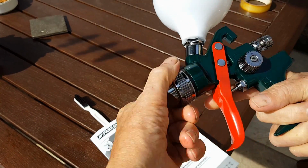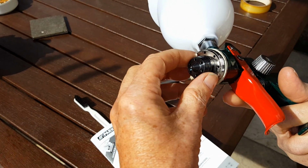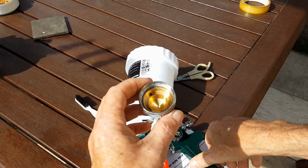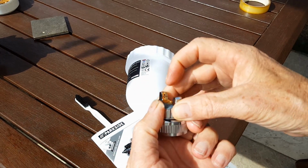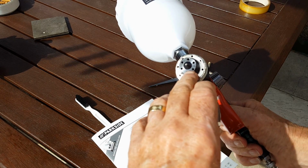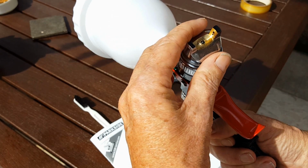Right, you've got all the other assembly bits as well, just to show you. Pretty standard. This is a pretty standard gun. These are the holes where the air comes out, which goes through. I don't know if you can see that. These two holes here, that then sends your jets out the side, the ones that I'm showing you. And your main paint feed is out of these ones here. If I'm wrong, I don't doubt somebody will point that out to me. As far as I know,